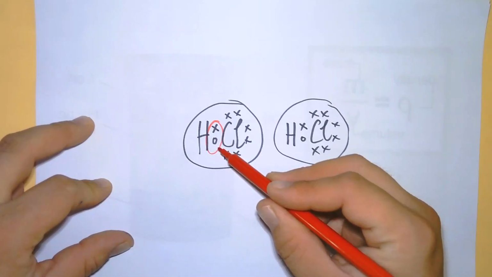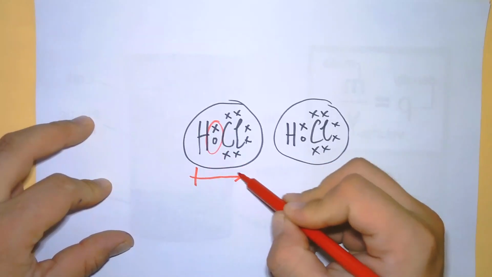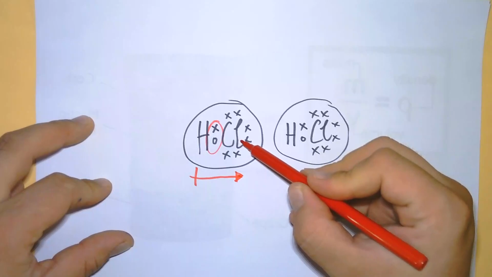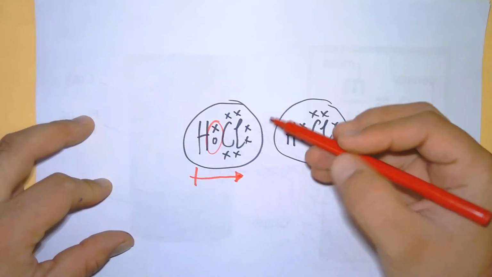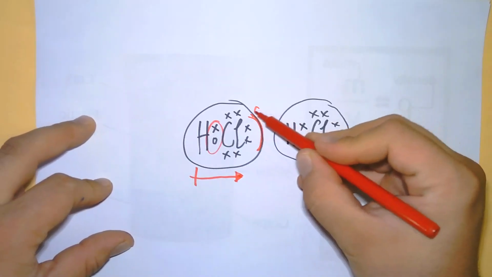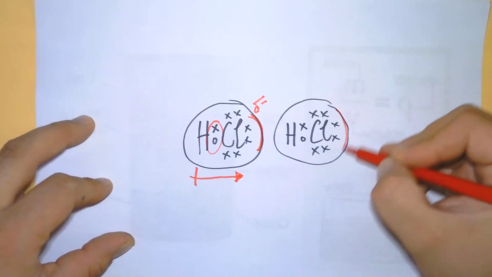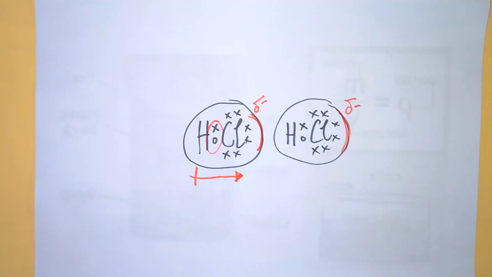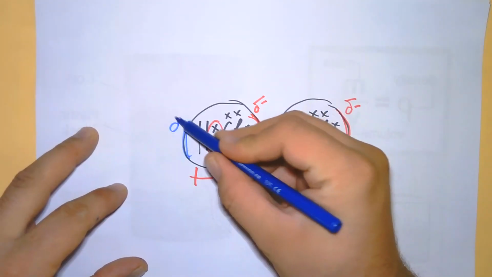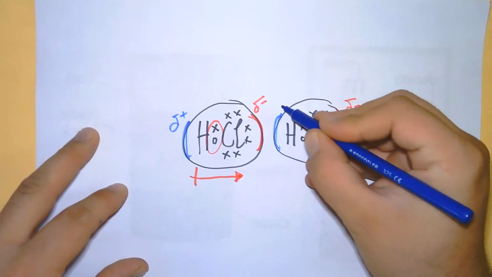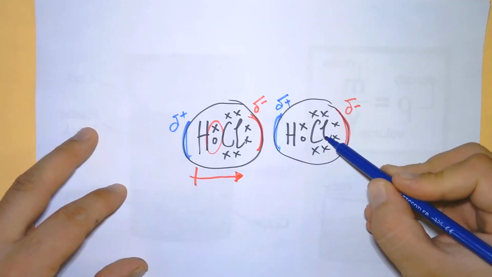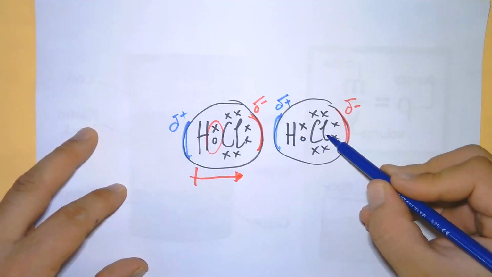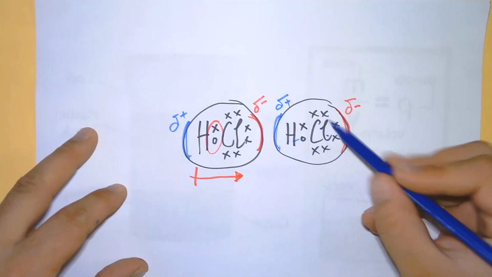Okay? What's very important to understand also is that we know that we're dealing with a polar molecule, with the chlorine having electronegativity of 3, the hydrogen having electronegativity of 2.1. So that means the chlorine side of the molecule will be slightly negative, and the hydrogen side of the molecule will be slightly positive. And this is just because of the fact that the chlorine has a higher electronegativity. So it's pulling harder on the shared pair, pulling it towards it, and therefore it spends a little bit more